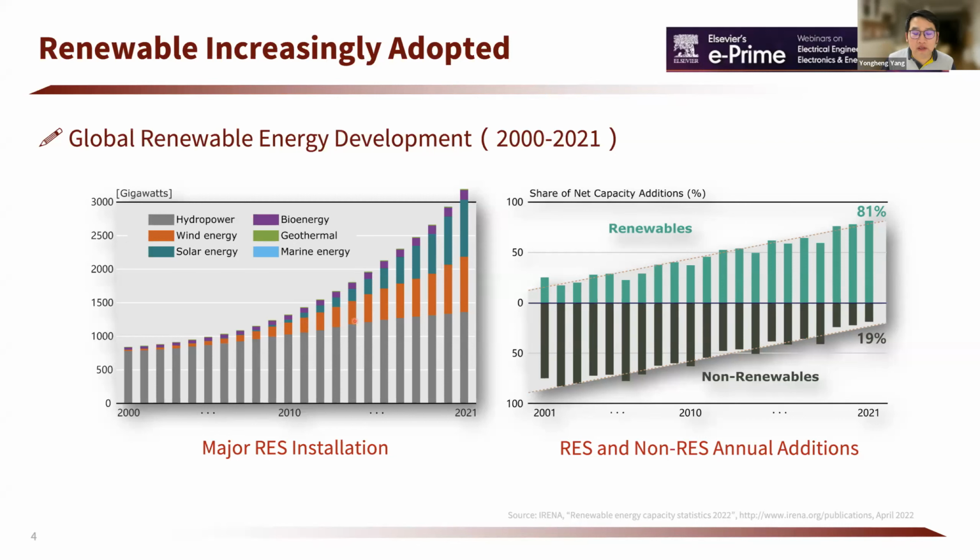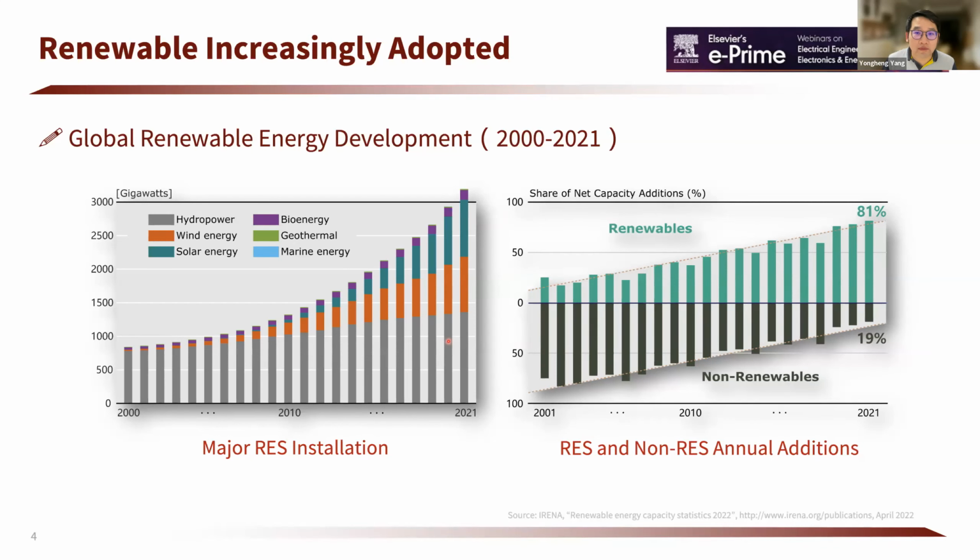And among those major renewable energy sources, there are also bioenergy resource, geothermal resource, and the marine energy resources across the globe. But by the end of 2020, actually, the summation of wind and solar has exceeded the total installation